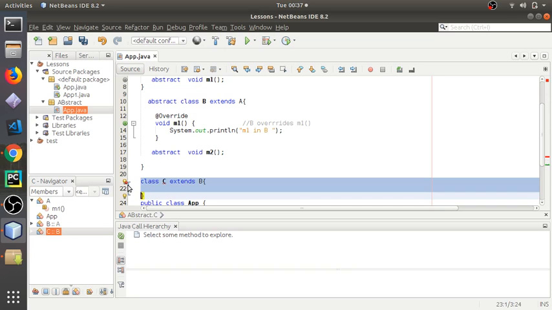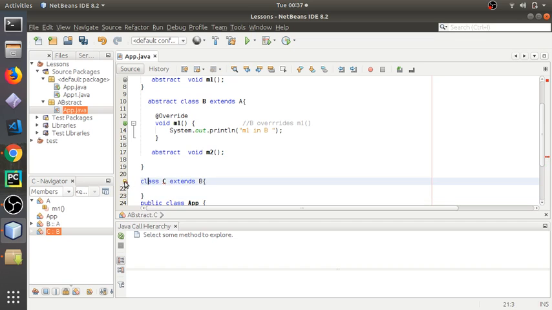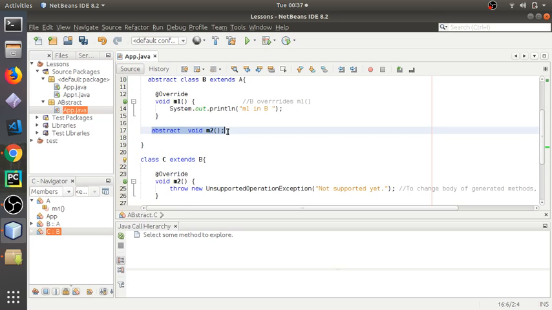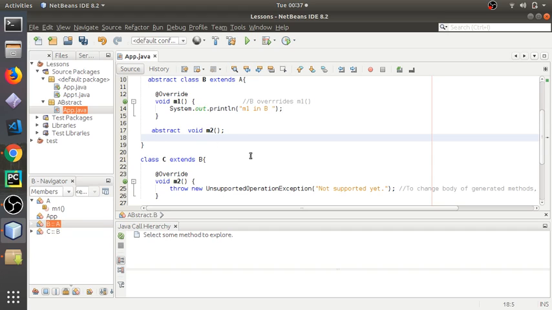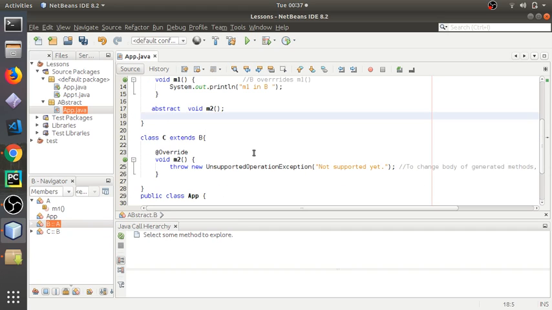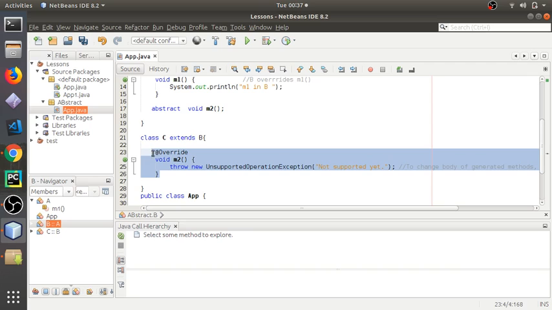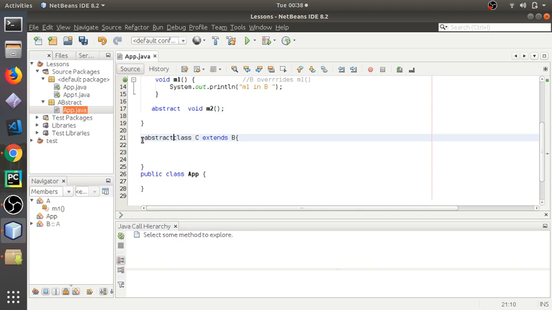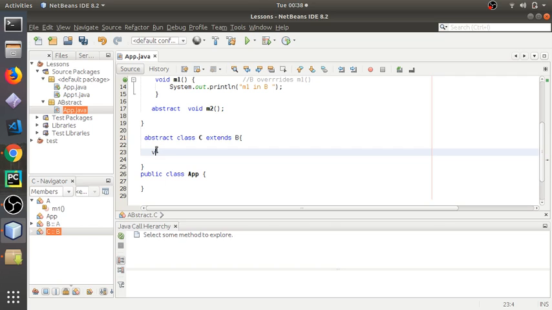If I implement all abstract methods, that is void M2, it's allowed, since I have marked this as abstract and I have to implement all the abstract methods here. Or I can mark this class as abstract. And if I have another method M3,